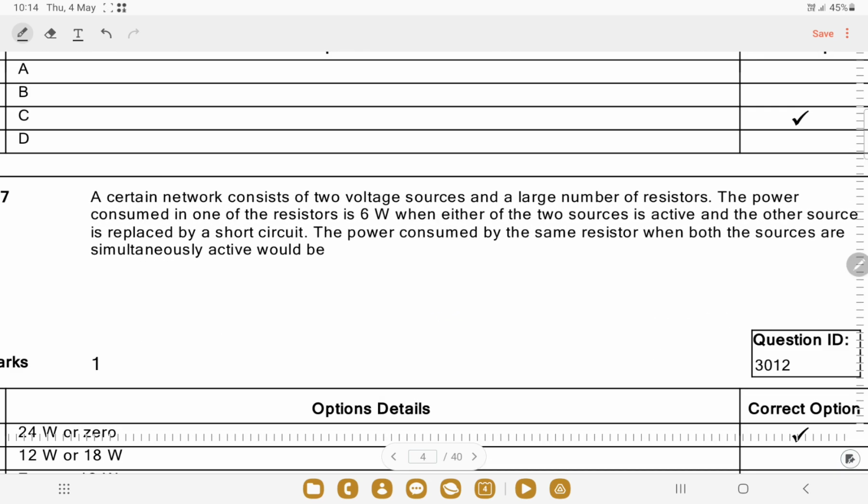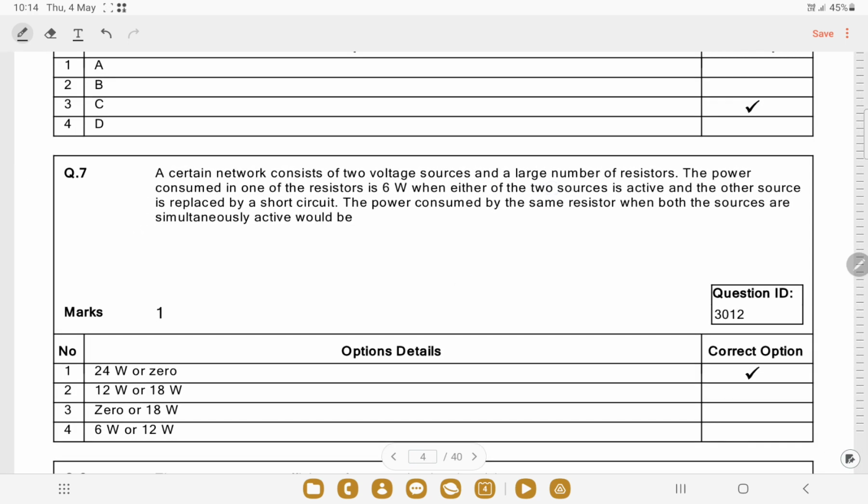Next, here we have a certain network that consists of 2 voltage sources and a large number of resistors. The power consumed in one of the resistors is 6 watt, so P1 we can write here as 6 watt. When either of the two sources is active and the other source is replaced by a short circuit, the power consumed by the same resistor when both the sources are simultaneously active would be what? So from this, when either of the two sources is active and the other source is replaced by a short circuit,